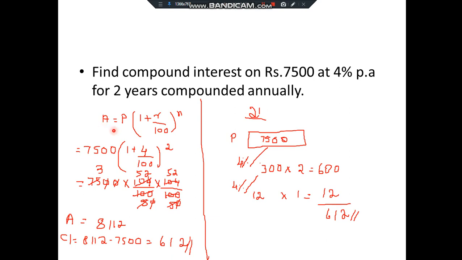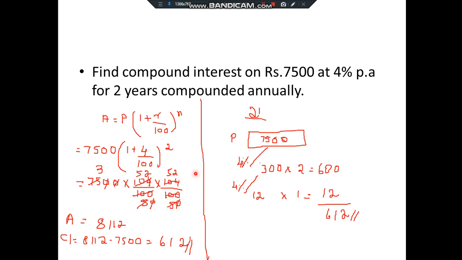So principal is 7,500, R is 4 and N is 2. So substitute the values, you get amount is equal to 8112. We'll have to find compound interest, right? That is our question. If they are asking for amount, you can stop till this. Since the question is compound interest, which is equal to A minus P, amount is 8112, which you found now, minus 7,500, your principal. So you get 612 on subtracting. So this is your compound interest. This is quite easy, but the calculation part takes time, so for that only we'll use other methods.